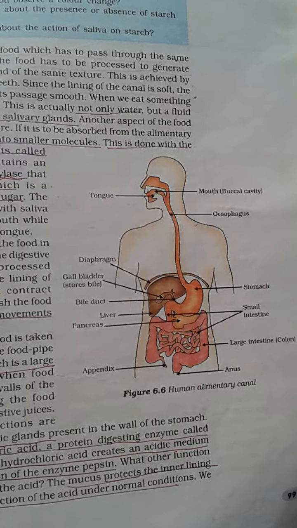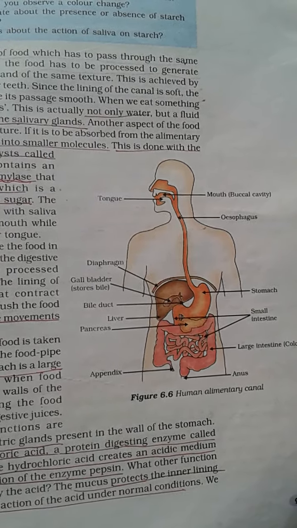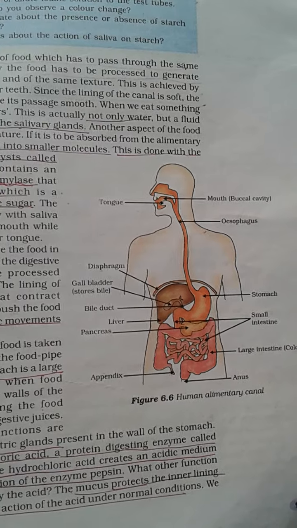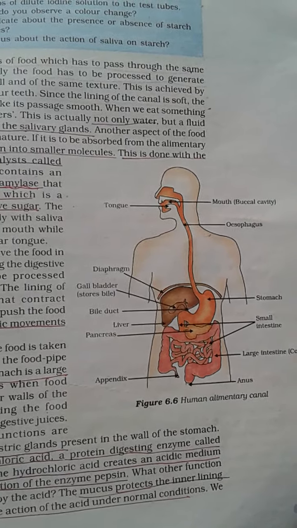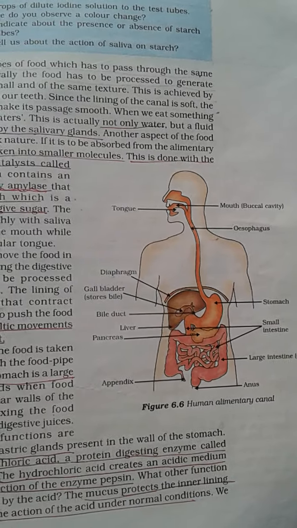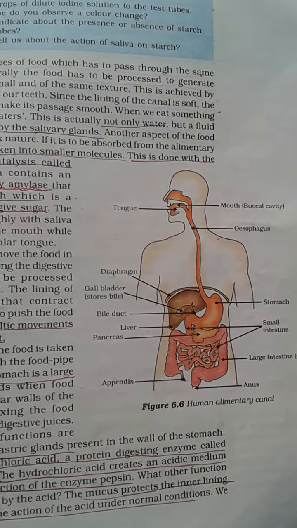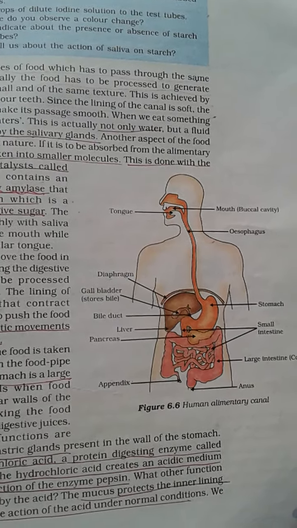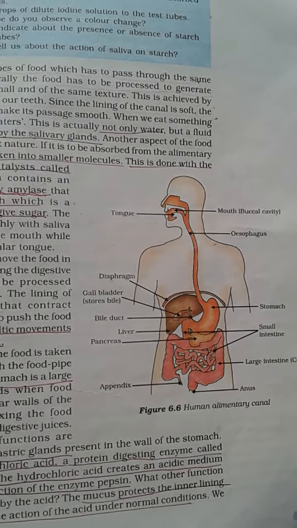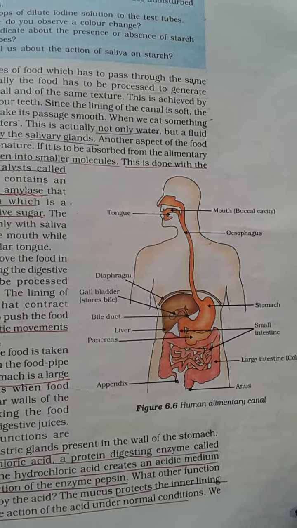simplest form, that is glucose, gets absorbed into the blood from the small intestine. Small intestine comprises of finger-like projection known as villi, which helps in increasing the surface area of absorption. Thus the food is absorbed in the blood. From the blood, the food is being transported to the different parts of the body, which we call as assimilation